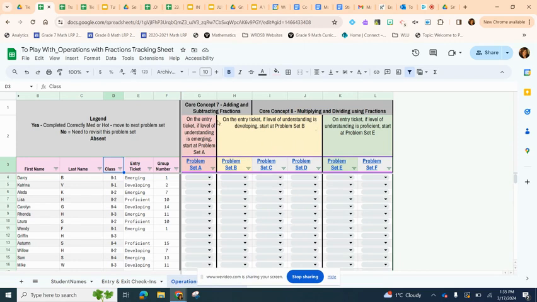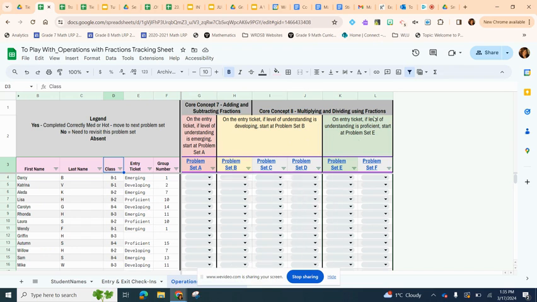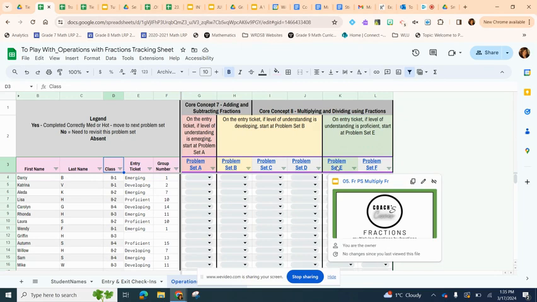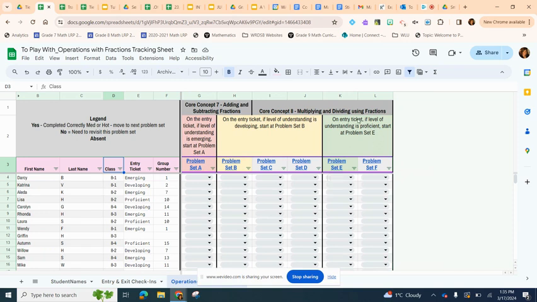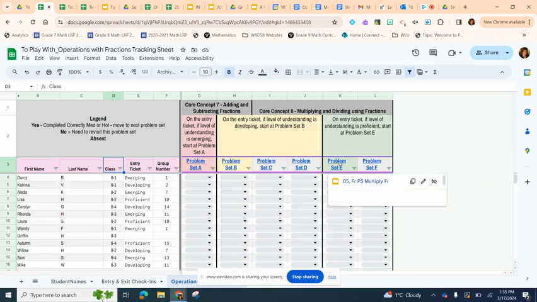If the student or the group demonstrated a level of understanding of developing, I would start at problem set B. And if the group demonstrated a level of understanding that was proficient, I'm going to start over here at set E. This is just a suggestion. You obviously know your students best, so you might determine that even though they were proficient, you want to go back and do a couple of subtraction questions with them first,